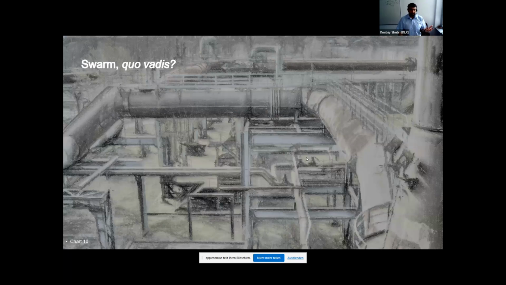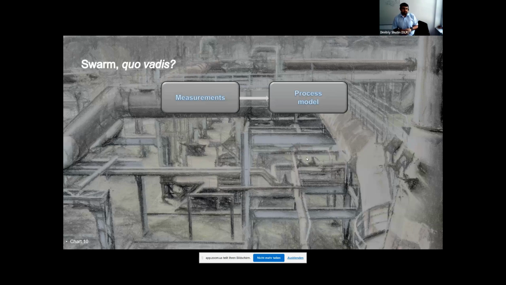How do we approach these problems in general? What is a general methodology that we follow to try to understand how the swarm should tackle or address these problems of source localization? Well, the two main components that we need to make our system work are, of course, being able to collect measurements. So we need to have an accurate measurement system on the one hand, and on the other hand, we also need to have an understanding of the process that we explore.